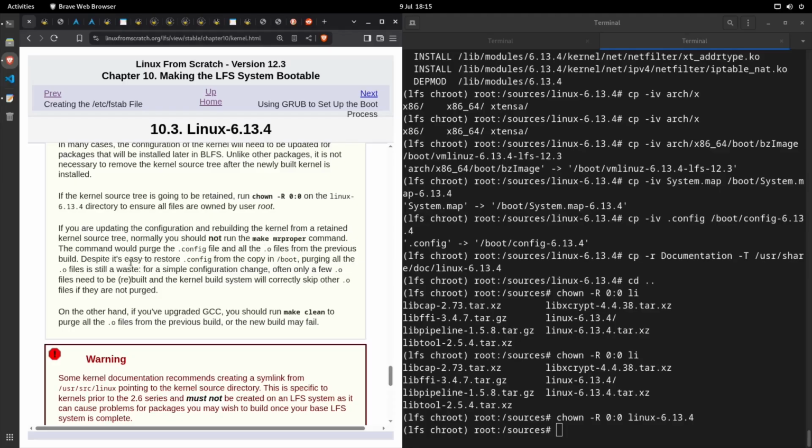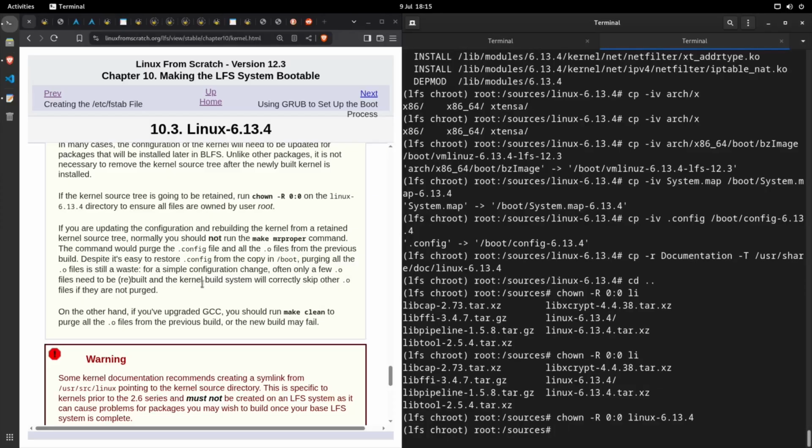Despite it being easy to restore the .config from the copy in boot, purging all the .o files is still a waste for a simple configuration change. So I think the .o files are the object files, so it's an intermediary step. I think it's the object files. There's .o files, so